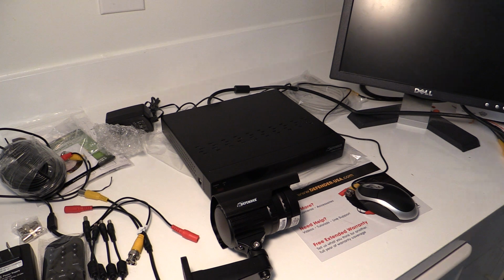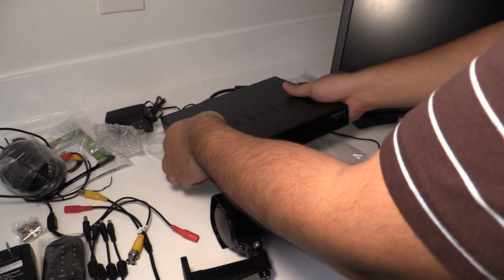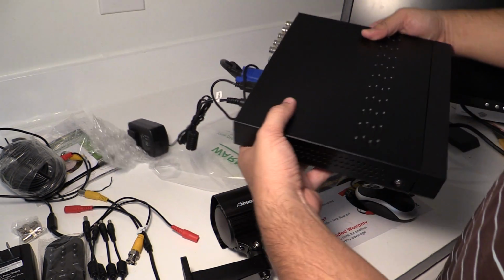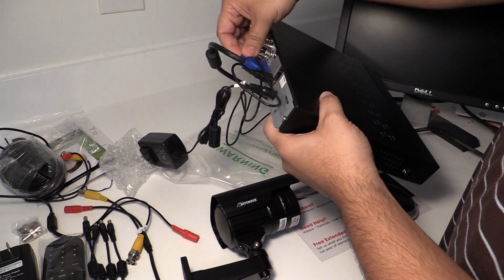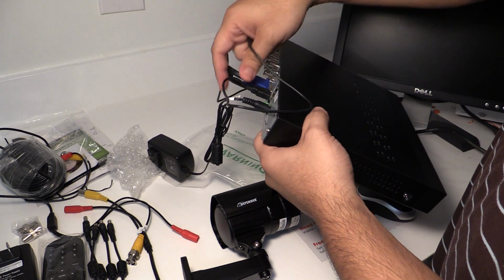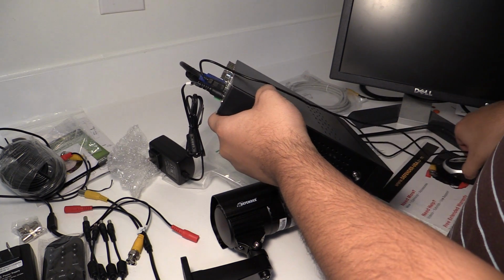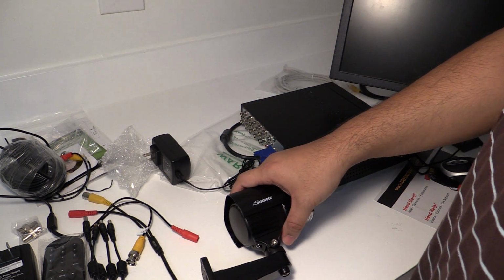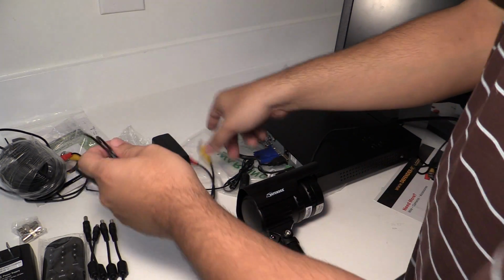So in this video, I'll be setting up the Defender 8-channel 500 gig surveillance camera system. So again, we have the unit. I just connected a quick VGA small LCD to the VGA connector and attached the USB mouse. Before I turn it on, I'm just going to connect